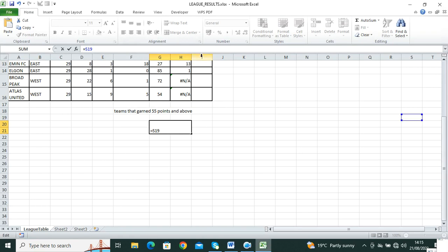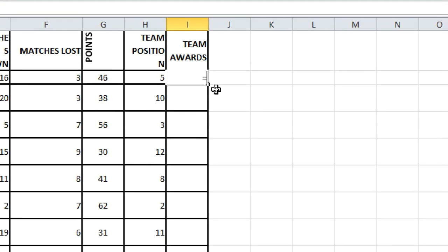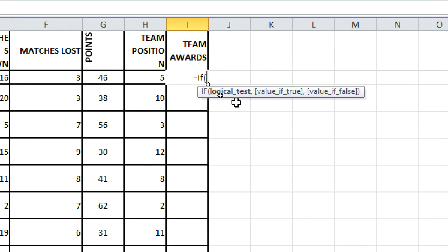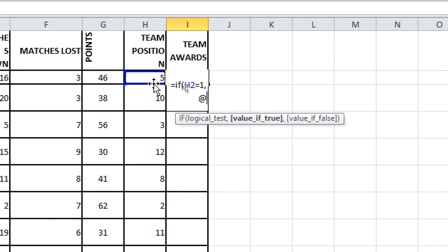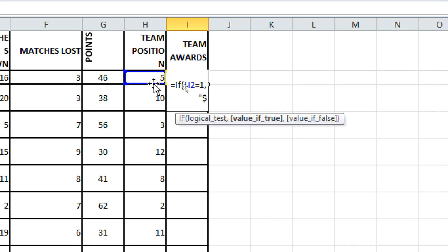What you need to do is go to this point, awards, then we type equals IF, then this one, if this one equals position 1. Remember, numbers are not enclosed in quotes. Then this one gets US dollars 1 million,